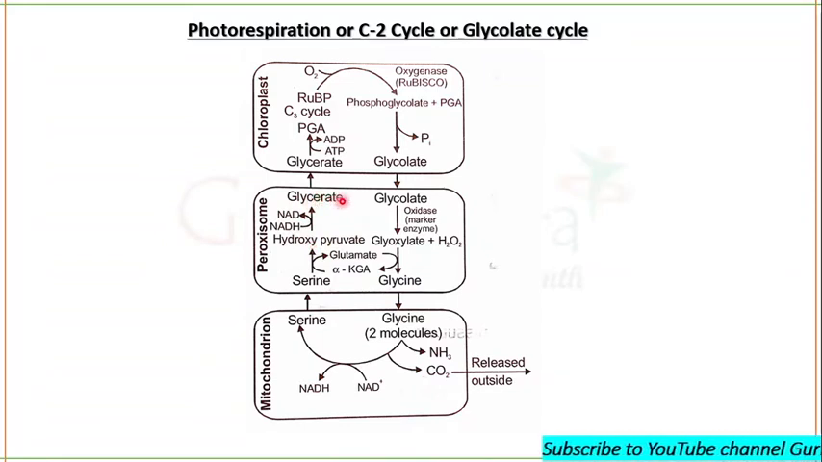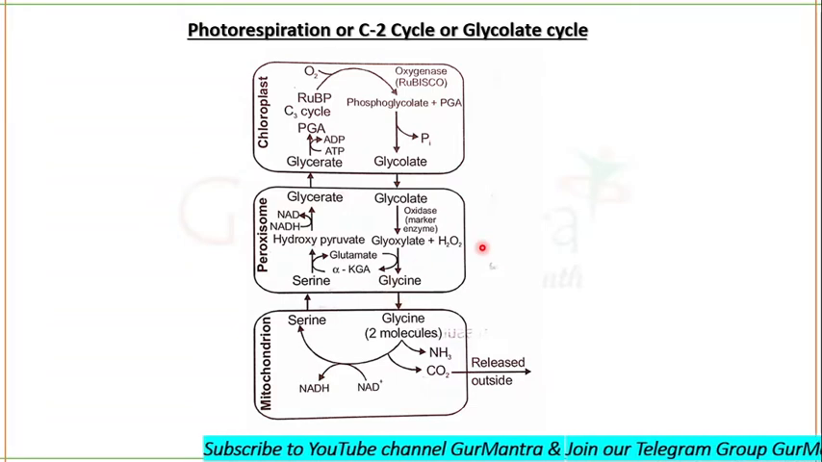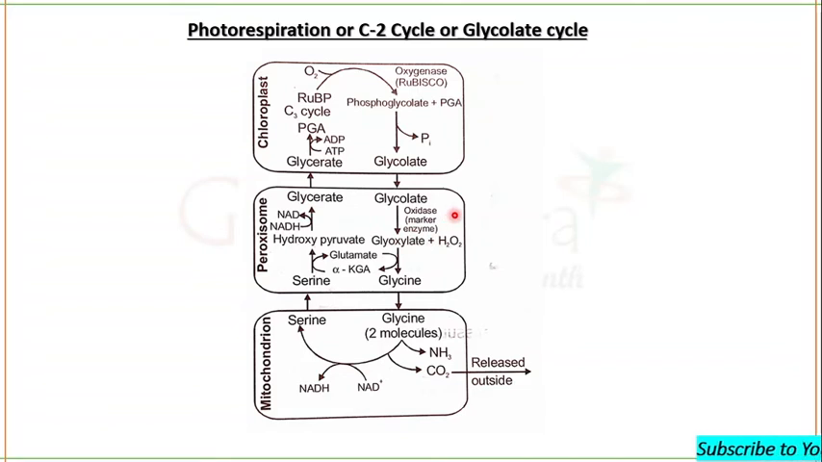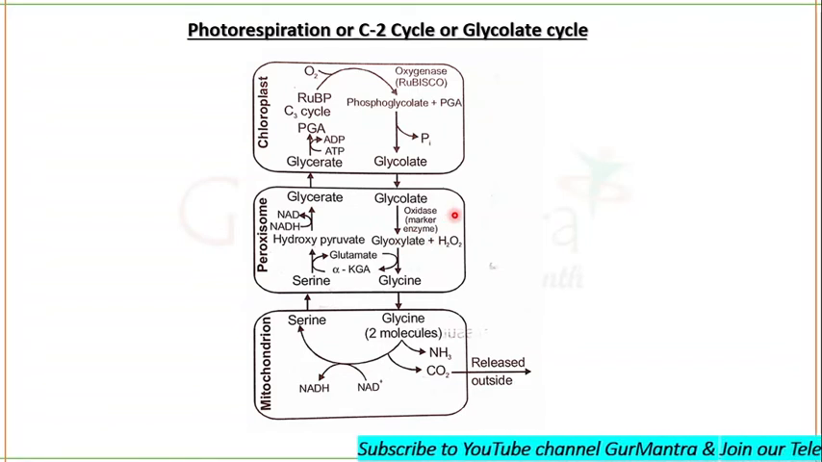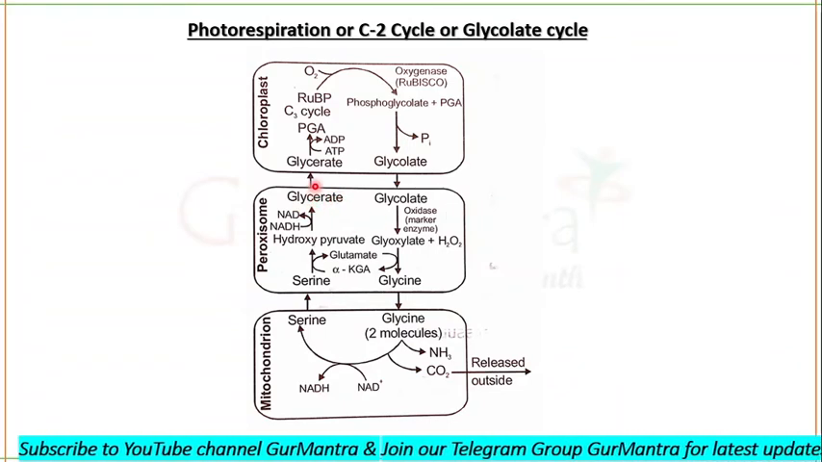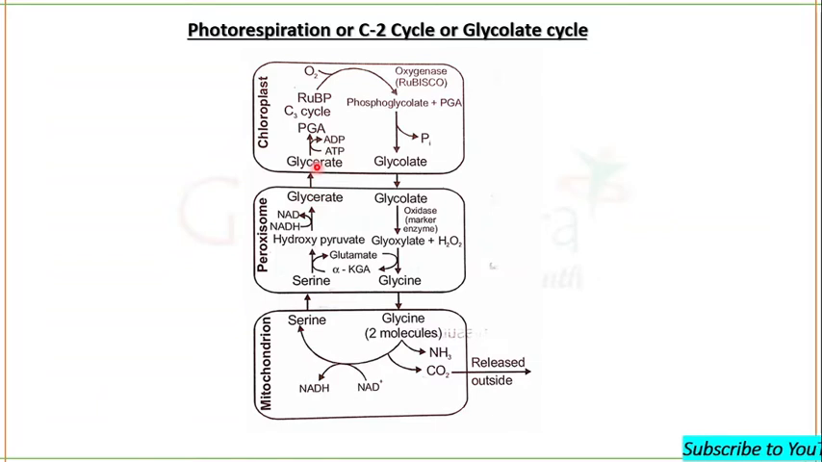Now glycerate is formed in peroxisome. Glycine is formed in peroxisome. Okay, glyoxylate is formed in peroxisome. Marker enzyme of photorespiration occurs in peroxisome. Clear or not? Fine. And this glycerate will move to chloroplast now, where it requires a phosphate group to get